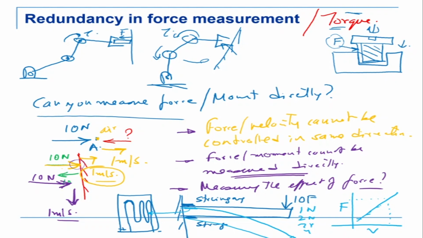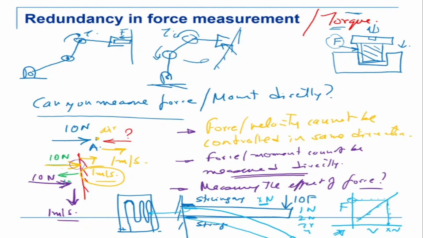You have to calibrate them first. Once you calibrate them, it means you're finding a relationship between the current flowing across the strain gauge and the corresponding force which is being applied. So if you put an unknown force, say a force of x newtons, I go back here, I see what is the current passing through this. I come here, and then I say that this is the force which is acting at the tip.